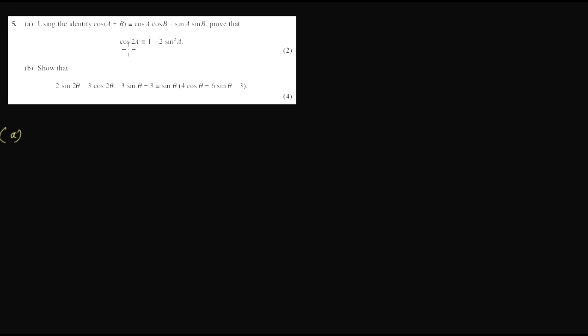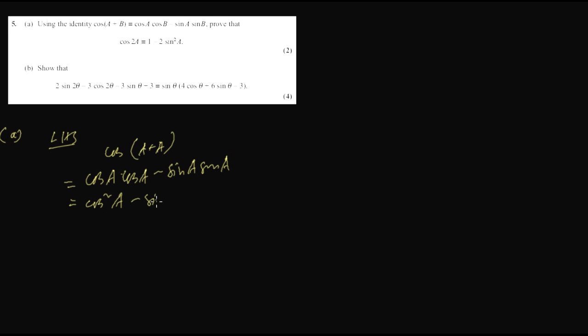We have to prove the sum of angles using sum of angle this. So let's use left hand side. Cos twice a means a plus a, so we can write using this formula cos a cos b minus sine a sine b. This angle b is also a, so we can write cos squared a minus sine squared